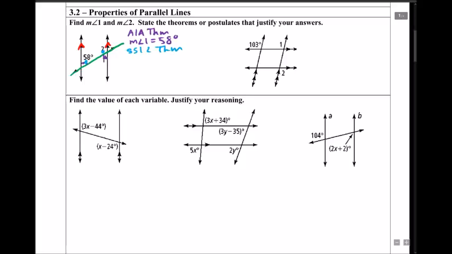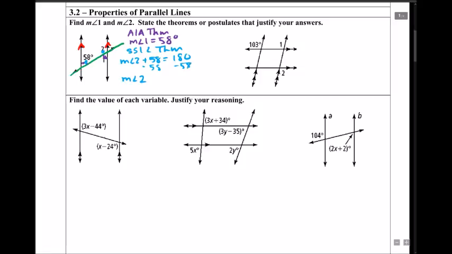And we know that if we have parallel lines cut by a transversal, same side interior angles are supplementary. So the measure of angle 2 plus 58 degrees equals 180 degrees. We just subtract 58 from both sides. And the measure of angle 2 is